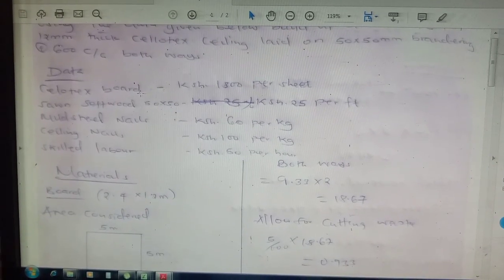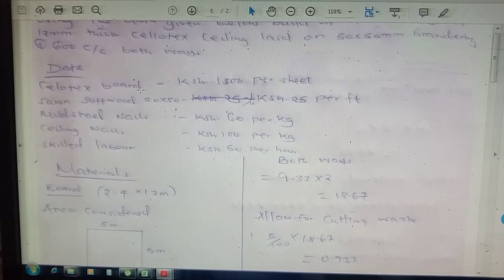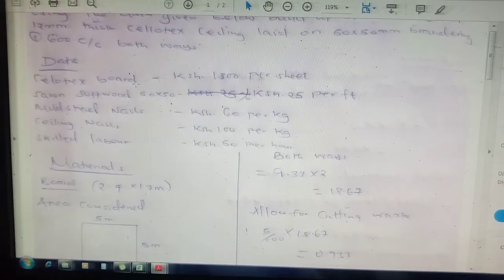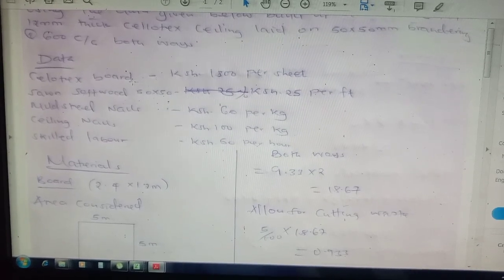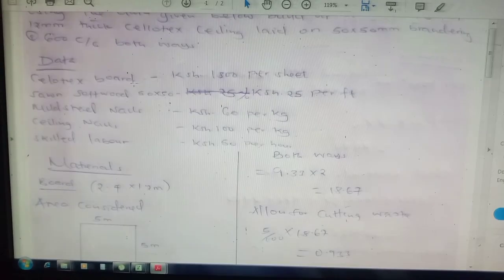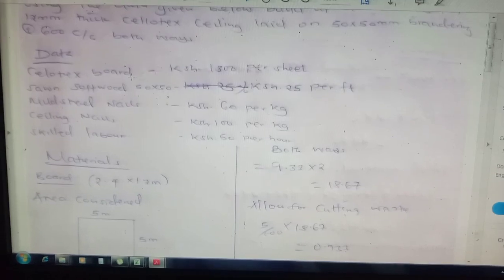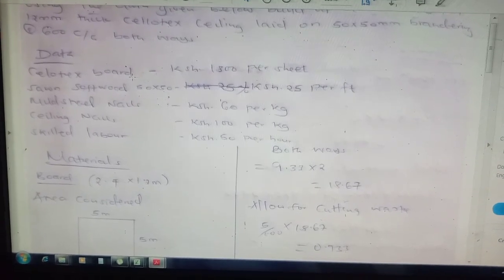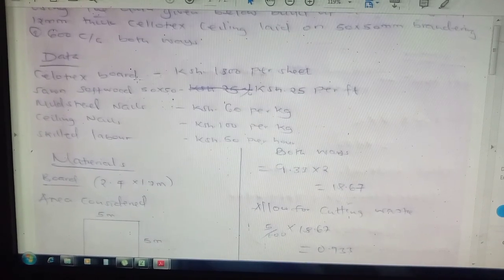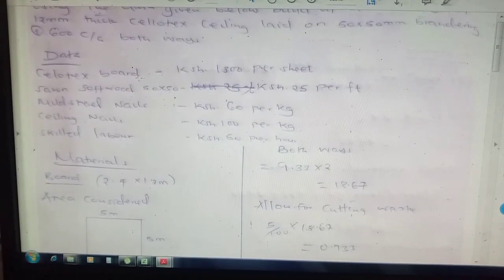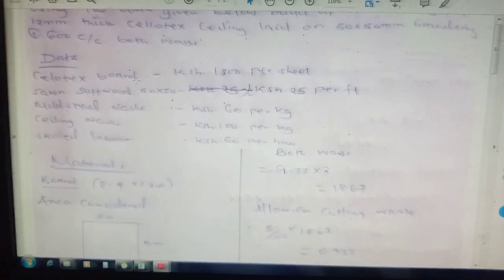Skilled labor should be 100 shillings per hour. Then unskilled labor is 50 shillings per hour. So you note that. The materials that are affected are the board itself, the nails and the